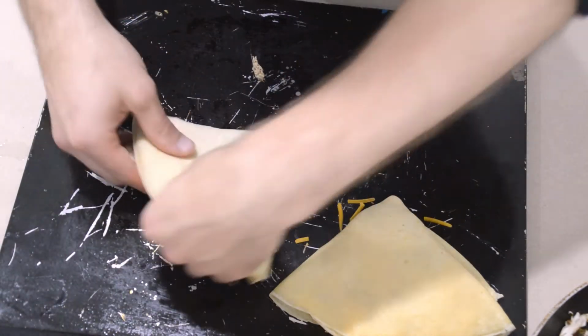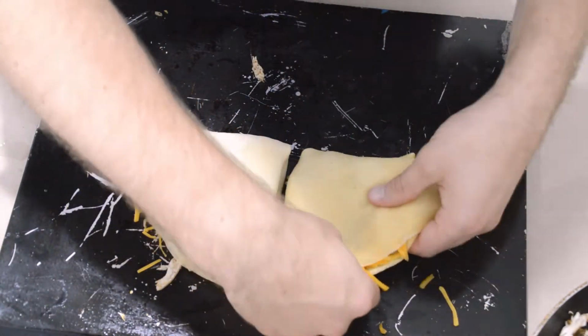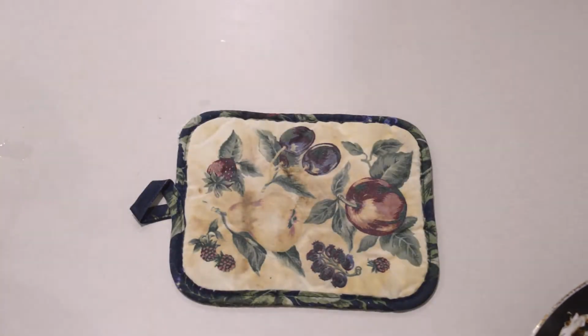Center these 1/4 rounds on your pan and roast in a 350-degree oven for about 10 minutes to crispen the outside. When you remove it,